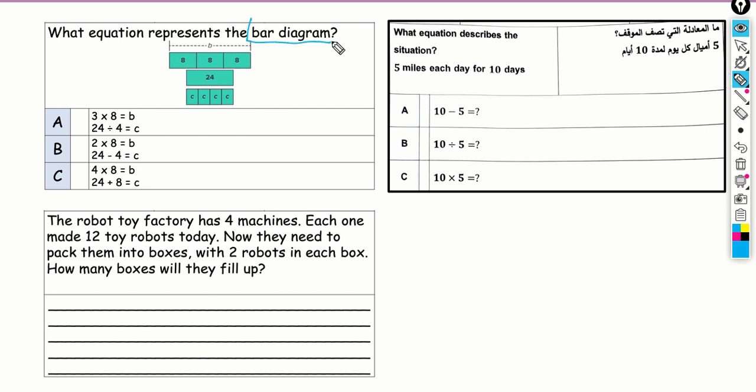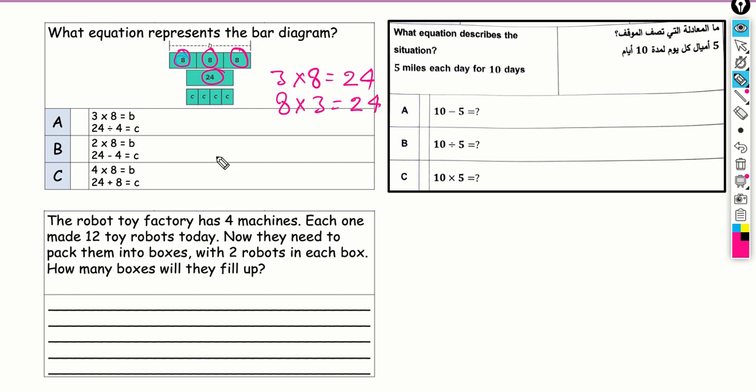What is a bar diagram? If you see a figure like this, you call this a bar diagram. Now, how many 8s are here? 1, 2, 3. So you can write 3 times 8 is 24, or you can write 8 times 3 is